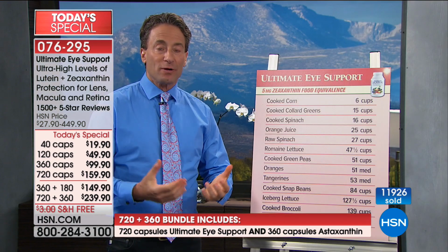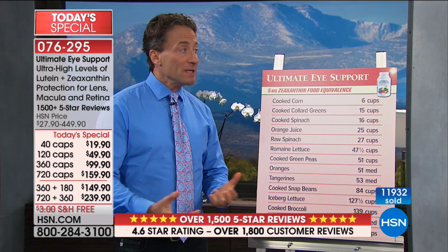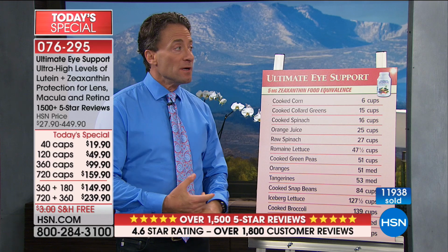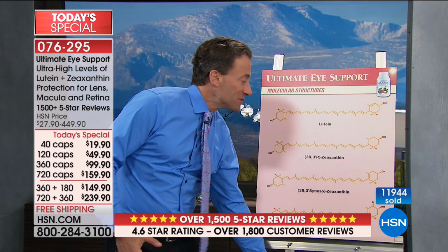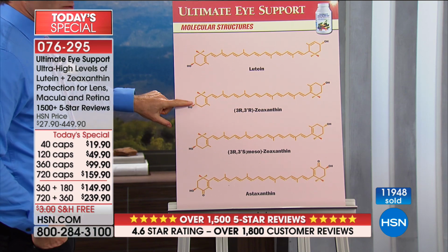For a child, for an infant, when you're forming your visual systems, vitamin A in the form of carotenoids present in carrots are important. But in terms of a healthy aging eye, in terms of a healthy eye and healthy vision, not important. Okay. So, and then you just get to see how basically lutein, the 2 isomers of zeaxanthin